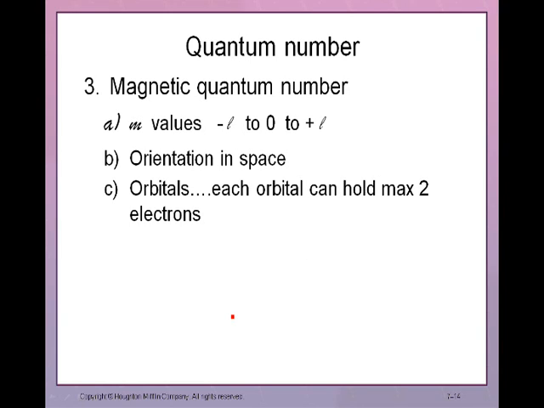And when we sketched this in the past, you may remember that in the S sublevel, we sketched one circle and represented that as an orbital, and we said we can put one electron with this kind of spin and one electron with this kind of spin, and that represented our 2 electrons in the S sublevel. Now remember that value for L there would be 0. Now if we move to P, the value for L is 1, and so M can have values